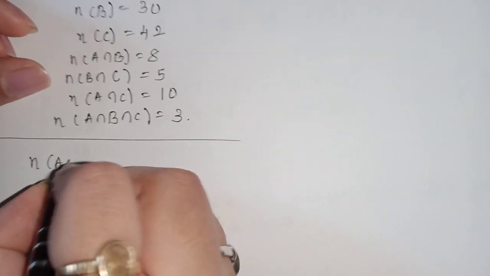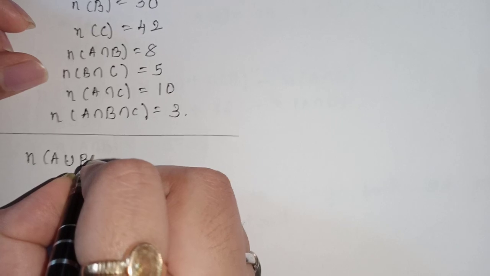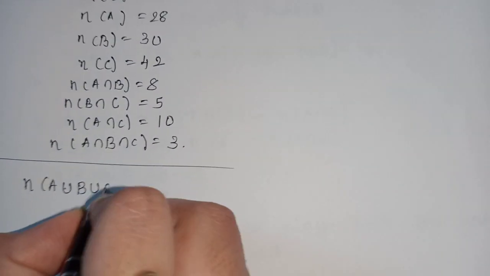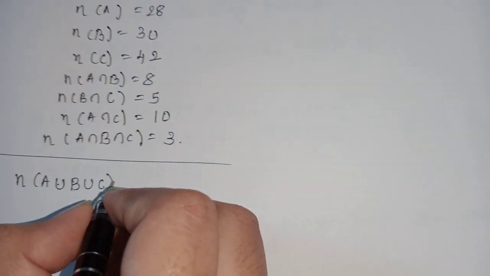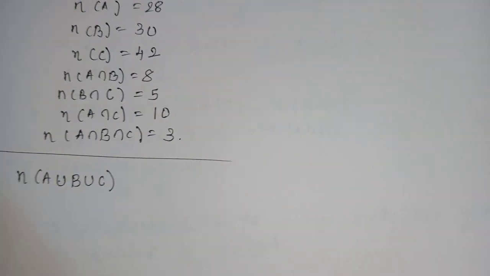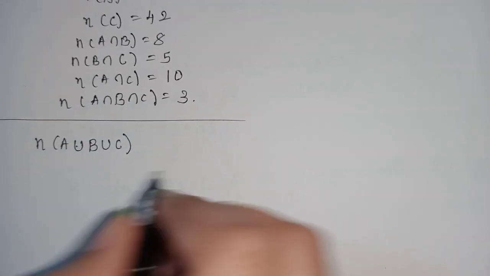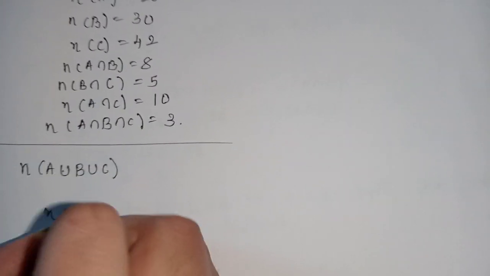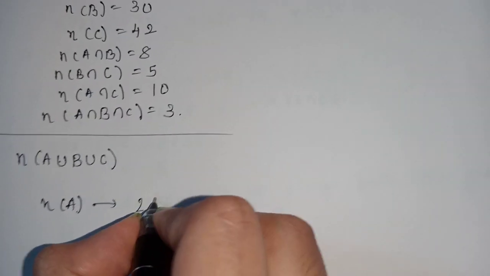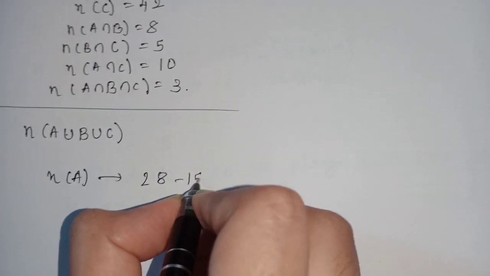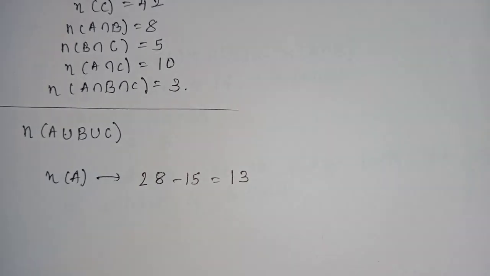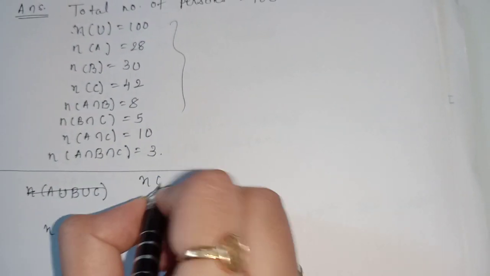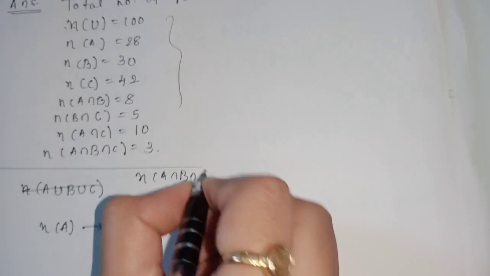Now over here, first of all I will take number of A, which is nothing but 28 minus 15, and you will get 13. Why? With this information, you can write number of A intersection B intersection C is equal to